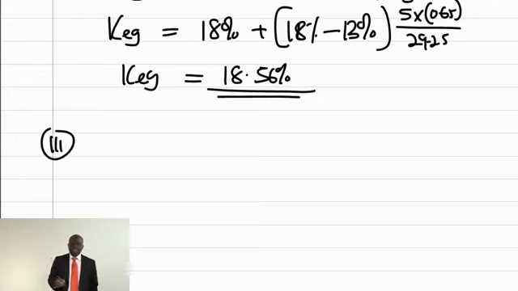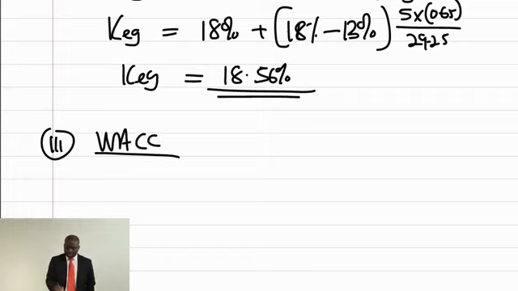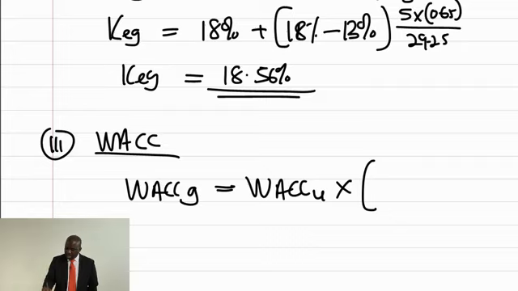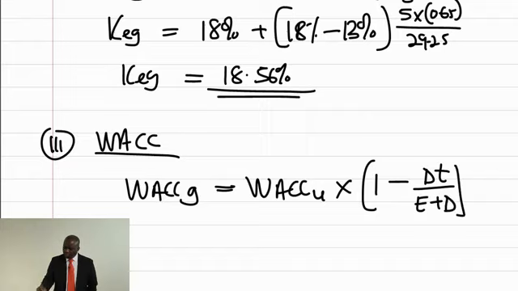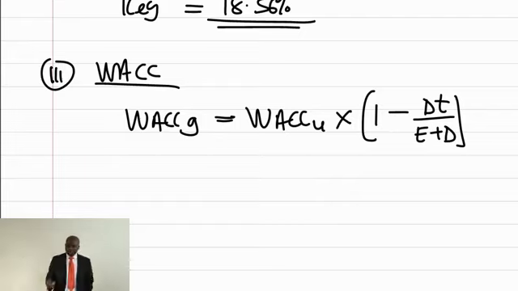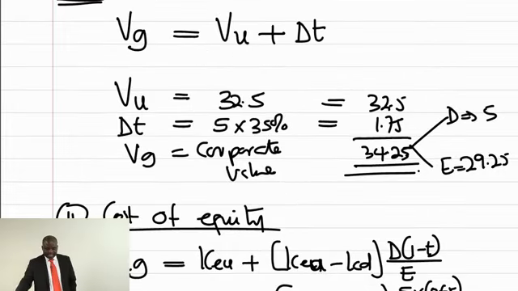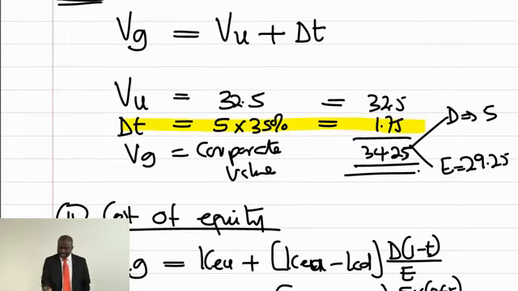Proposition 3 deals with the WACC. So WACC, okay? And according to Miller and Modigliani, the WACC of the geared should be equal to the WACC of the ungeared multiplied by (1 minus DT divided by E plus D). You're playing with formulas. Okay, so what will be the WACC of Canalot when they move from the ungeared position to the geared? Currently, their WACC is 18%. 1 is 1. What is the DT? We calculated the DT up there, if you remember, and that DT is